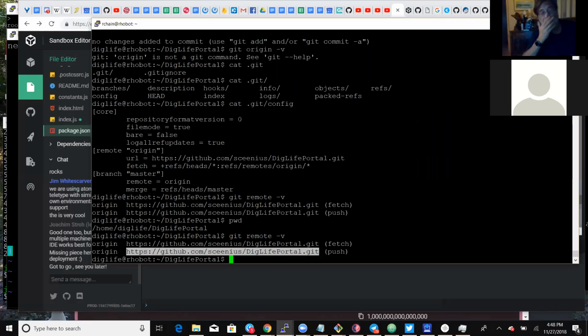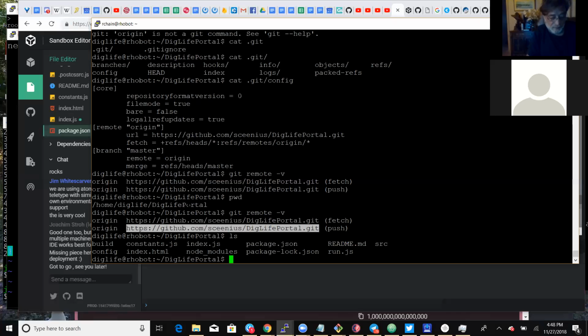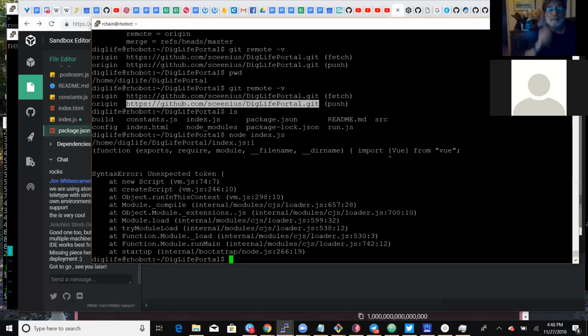Okay, and first of all, if I try to run the stuff directly, I get index.js, and this error here, unexpected token. That's because import is an ES6 feature, and it doesn't understand import. Okay, so in order to run ES6 on here,